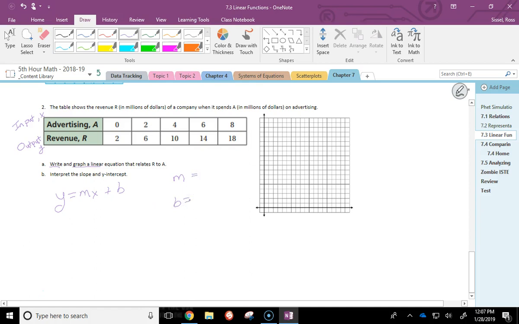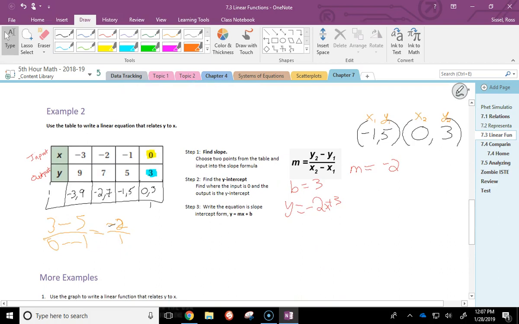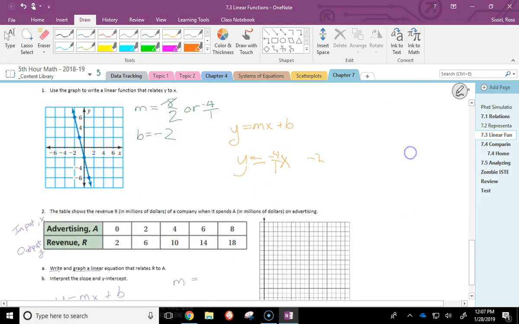Now the reason I said we have two options to do this is because they gave us a table. I can do this just like we did here. We can do this just like that table, where I could use 2 points, find the slope, and then when the input's 0, that's my y-intercept. Or,